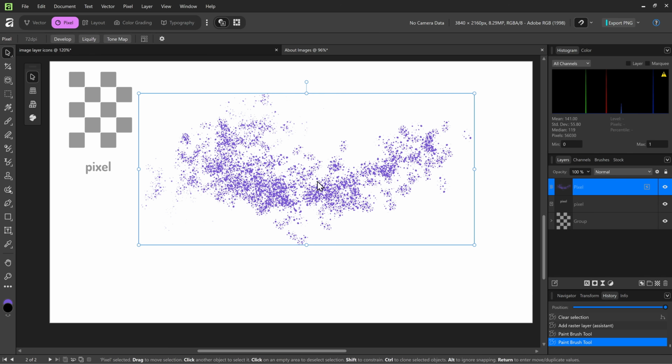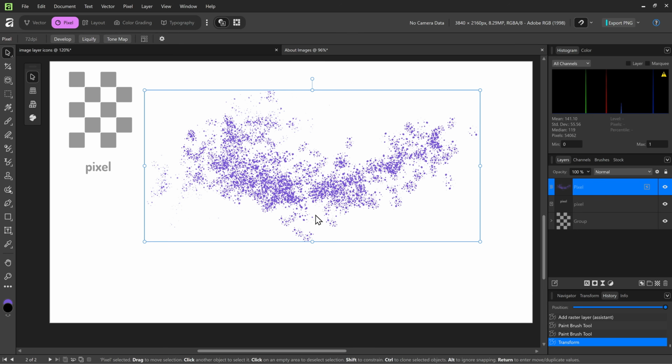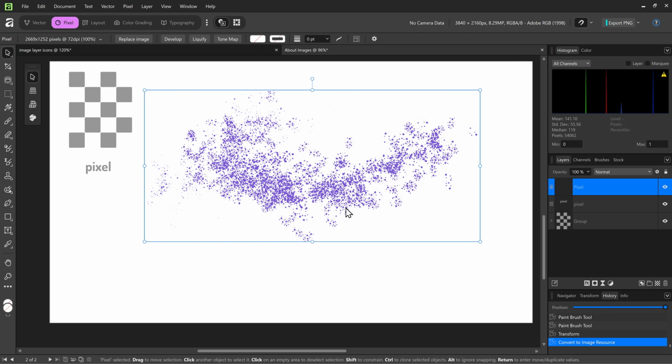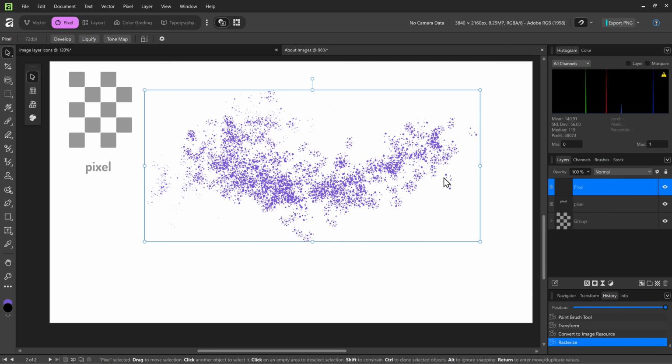If I tap V, you can see I've actually got a modular area here that Affinity understands as an item. In fact, if I really want to, I can right-click and say Convert to Image Resource. Image Resource just means let's change this back to an image, and you can see the icon here has changed to an image icon, and now it behaves like an image. But check it out, if I want, I can re-rasterize it back down to a pixel layer and keep painting